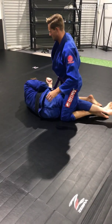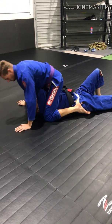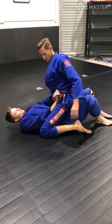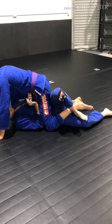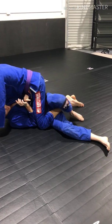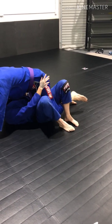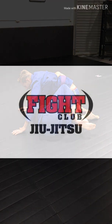So, one more time here. He's up high. Okay, so I wiggle, I get back, I make my frame, bridge, come over the top. As I'm pulling his foot in, my bottom leg's coming out. As I push, I hip escape, and then I turn onto my side, and now I'm in a much